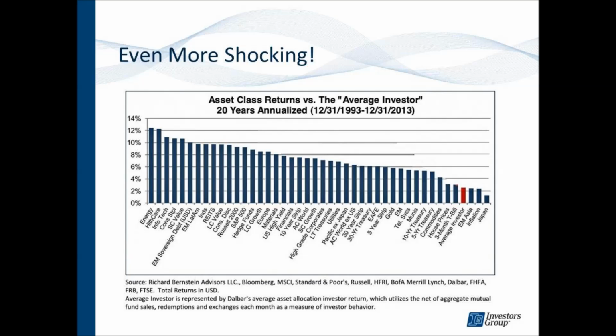But if you look at the chart that's up right now, the one that says even more shocking, basically this shows the asset class returns. So as we explained in the mutual fund episode, there are different asset classes that group industries together. You can see on the very first bar there that goes above the 12%, energy is the word underneath it. So energy is that asset class. And over the last 20 years, annualized from 1993 to 2013, energy has had a return of over 12% per year. These are all the different asset classes that your money can be invested in.